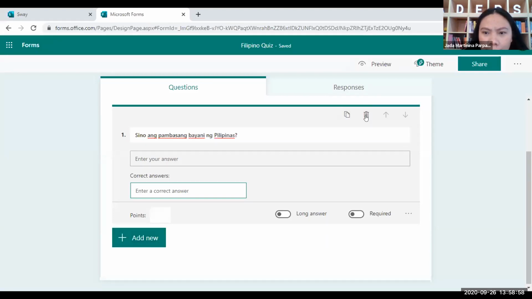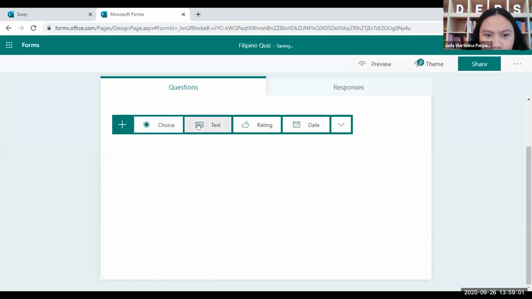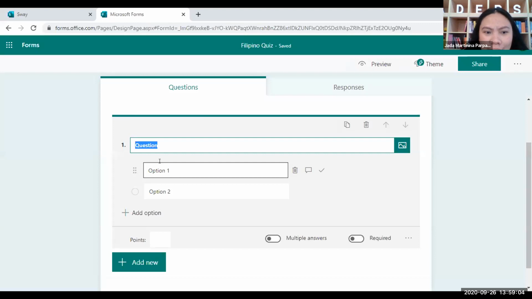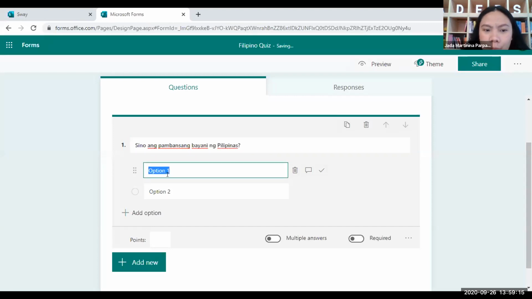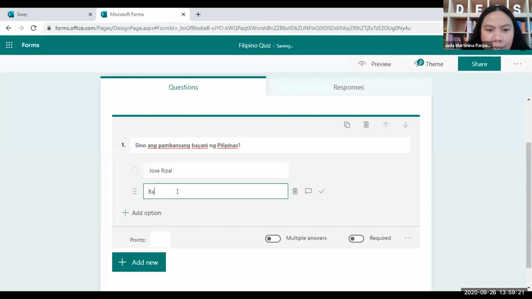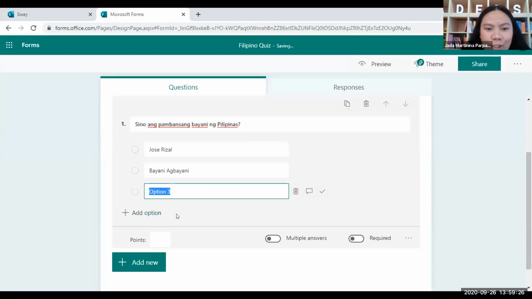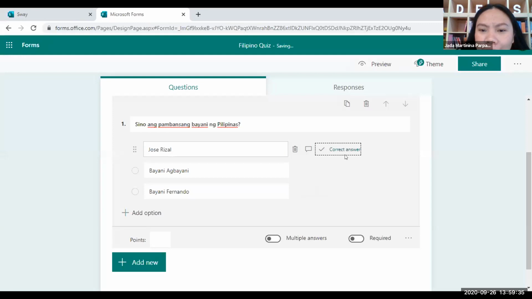Sorry. Pwede ka mag-delete. Di ko nakita kung ano yung pinili ko. Sorry, yun. Choice. Gusto ko choice. Yan. Sino ang pambansang bayani ng Pilipinas? And dito malalagay yung sagot. Jose Rizal. Bayani Agbayani. Or add another option. Sino pang bayani? Bayani Fernando. Yan. So you can actually, yung correct answer, pwede mo na siyang itag para pag once sinubmit